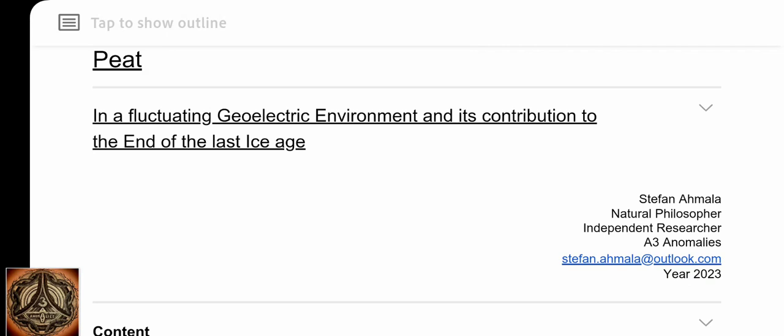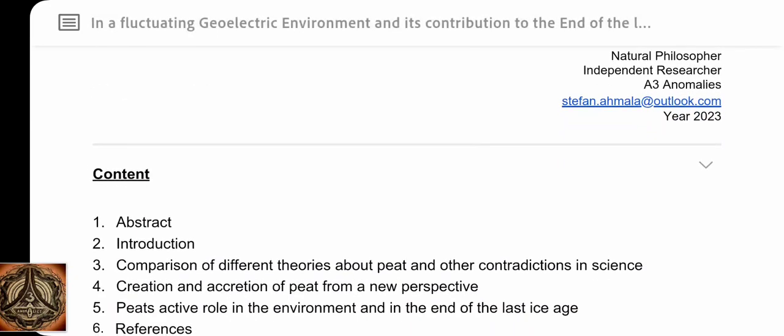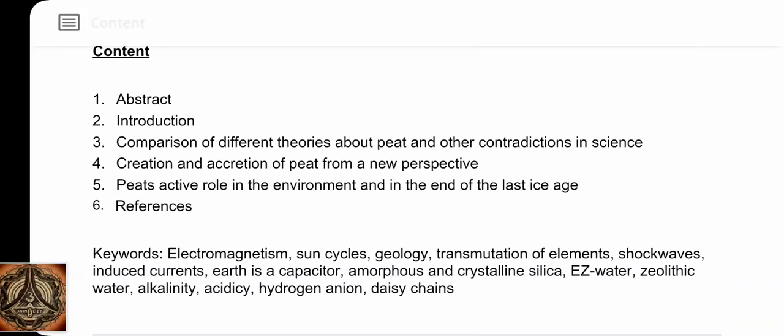Yeah, and I wrote a paper about peat. It's not published yet anywhere. And I still wait for anyone to comment on that, which also didn't happen yet. Except, no, it's not true. Actually, one person, which I don't know who it was, told me it's nothing, it's bogus. It's total crap, because everything is known already. And he or she also suggested that I probably should start to study geology. Yeah, it could be difficult here. But anyway,